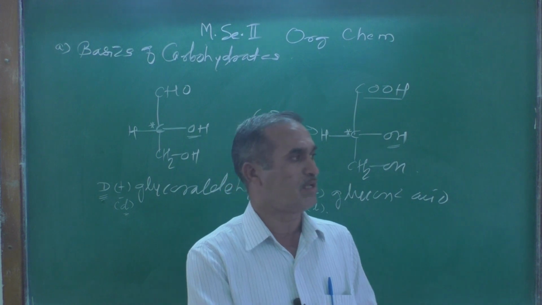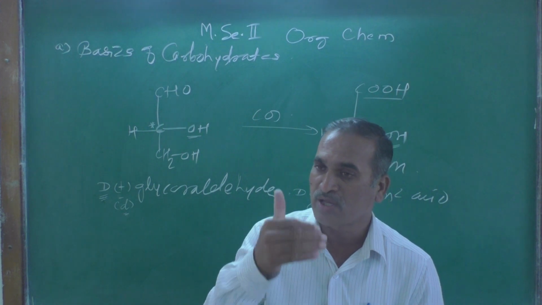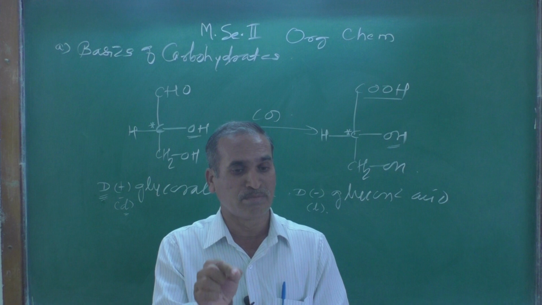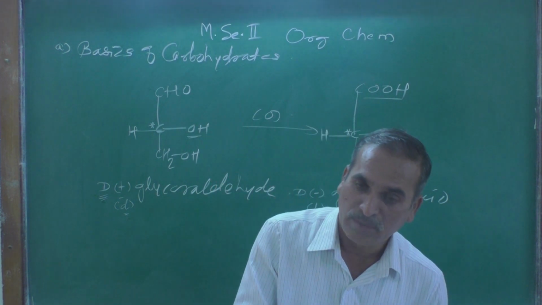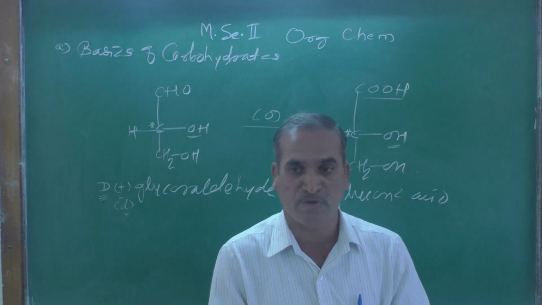There are 16 different optical isomers over there, and 8 are from the D series and 8 from the L series. And D means the relative configuration that is measured on the basis of the lowest chiral carbon, in the compound which is written according to the Fischer projection formula.